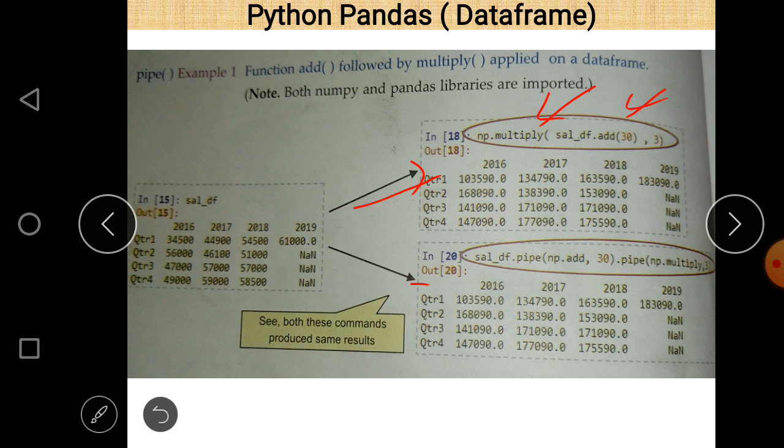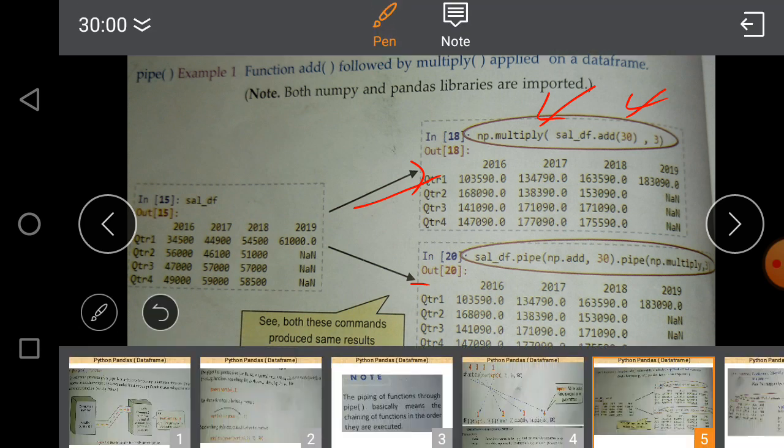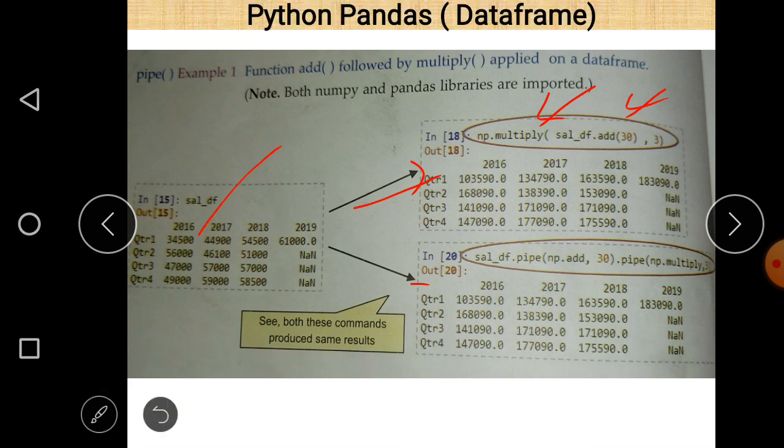So add 30 to 34,500, it becomes 34,530, and multiply that by 3, we get 1,03,590. So in this manner we get this output. This is the actual value, and that is the output after execution of that statement.